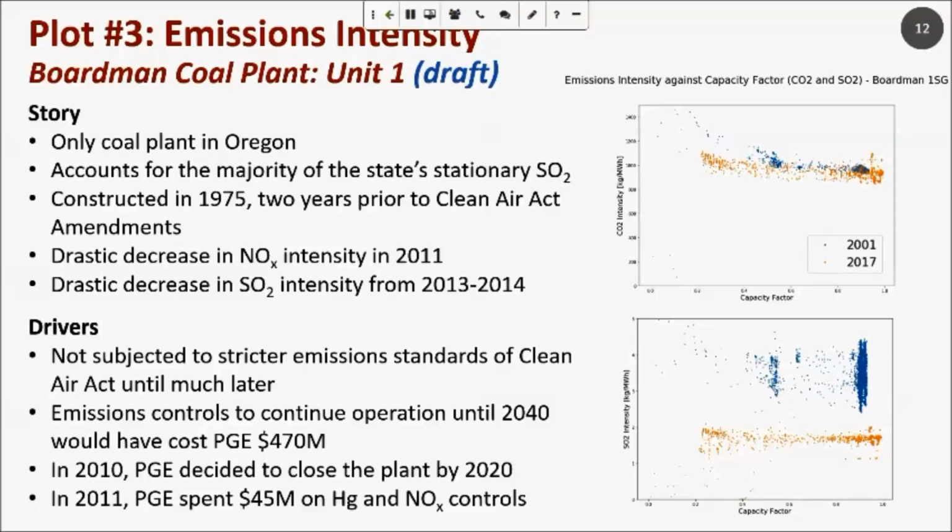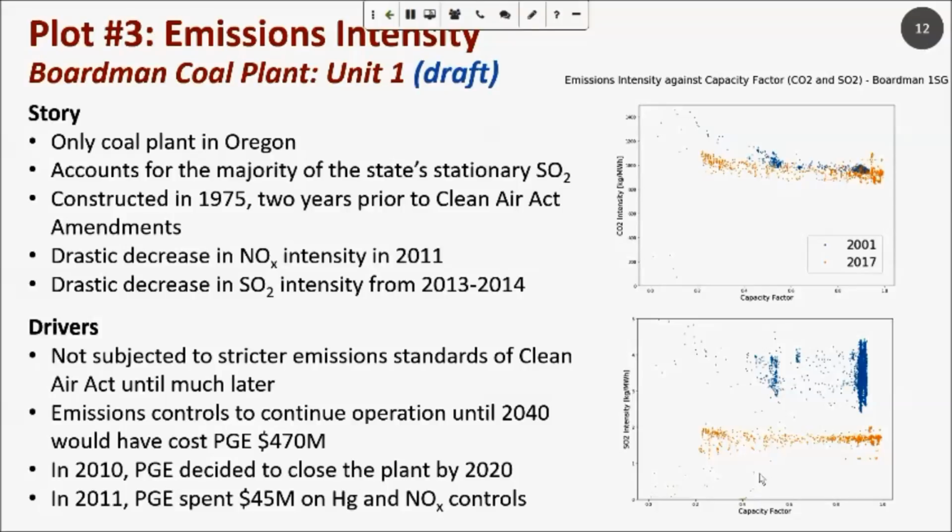Note that it contracts along the vertical axis, but really expands on the x-axis for the same reason I discussed above, that we're seeing coal plants kind of change their operations and operate at lower capacity factors now than they used to. So to tell the story of this plant a little bit better,